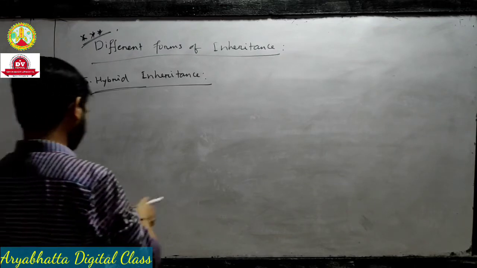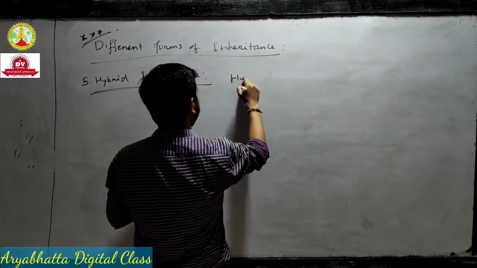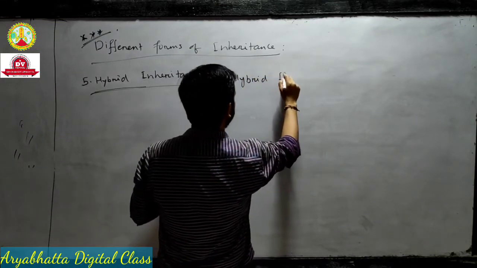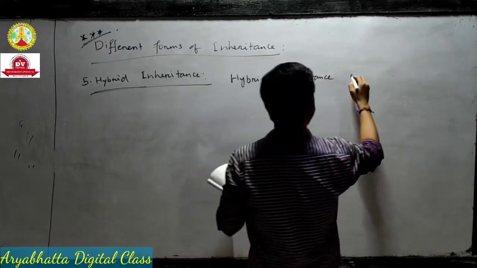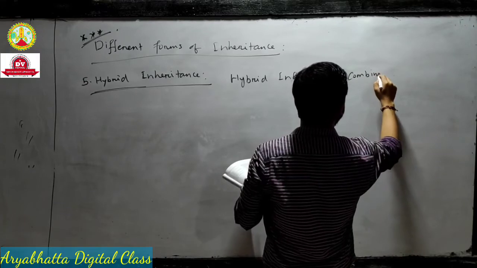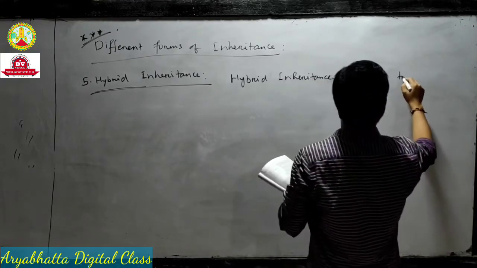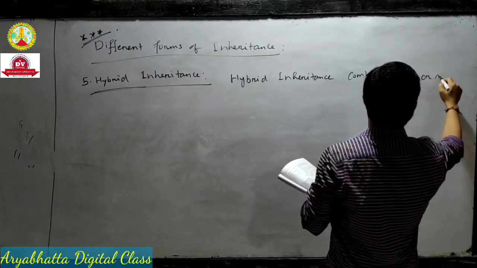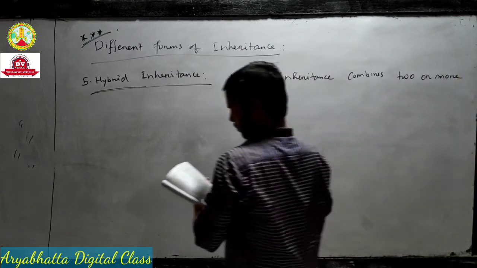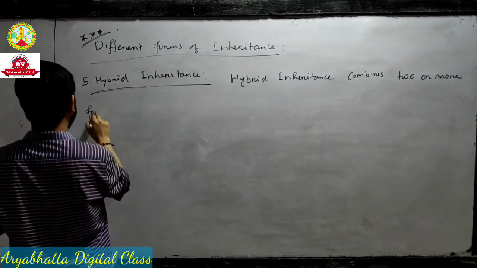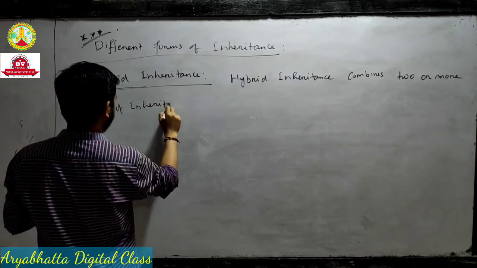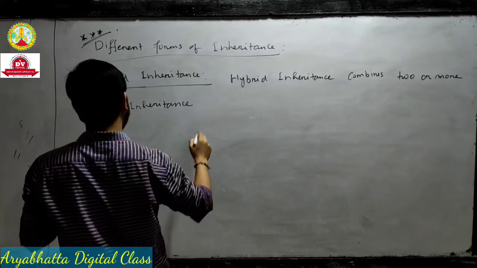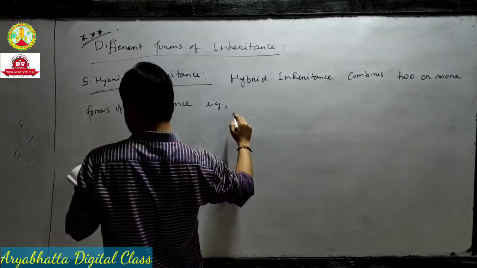See? Hybrid inheritance combines two or more forms of inheritance. Example,